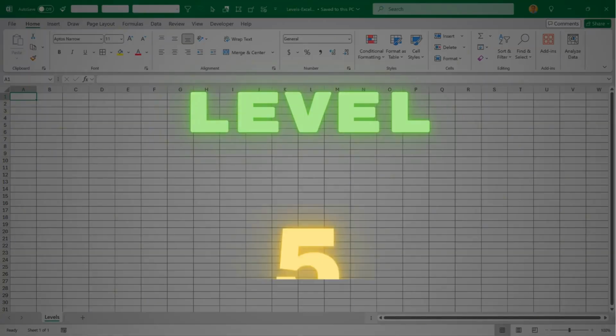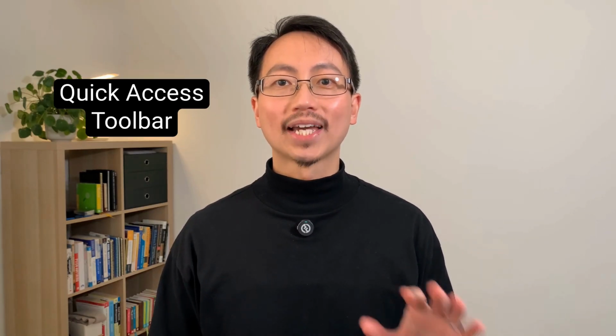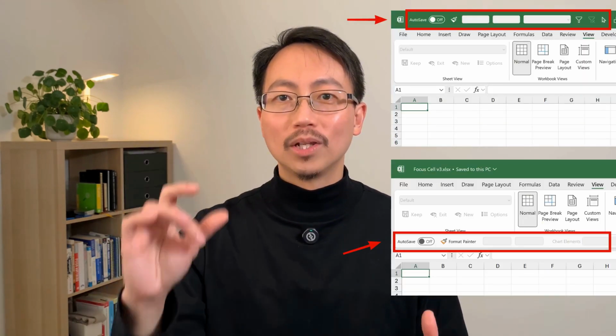But don't stop there. I think there's an even better way to activate the focus cell. Level 5. In Excel, there's a handy feature called the Quick Access Toolbar, or QAT for short. Most people don't notice it's there, and that's because it sits in a small space either above or below the Excel ribbon. But it's worth knowing about because you can create your own shortcuts with it, and it works great